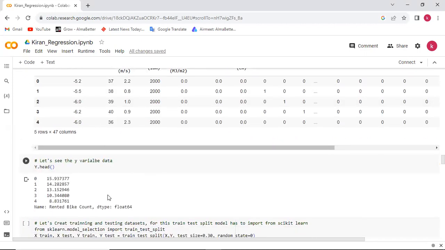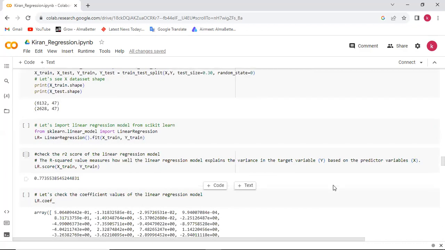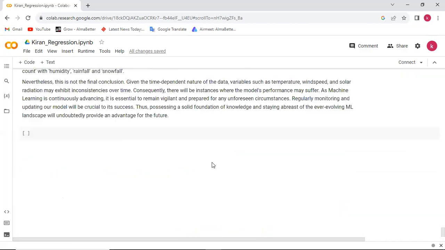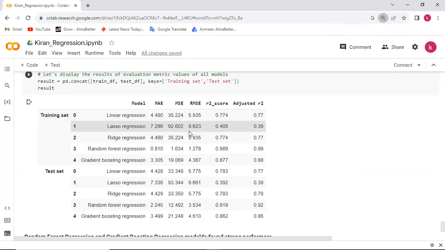After splitting the data, we have performed five machine learning algorithms, and you can see the results of these five algorithms.